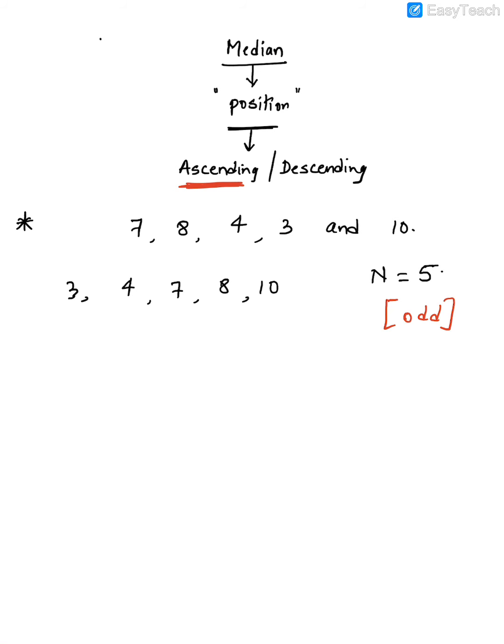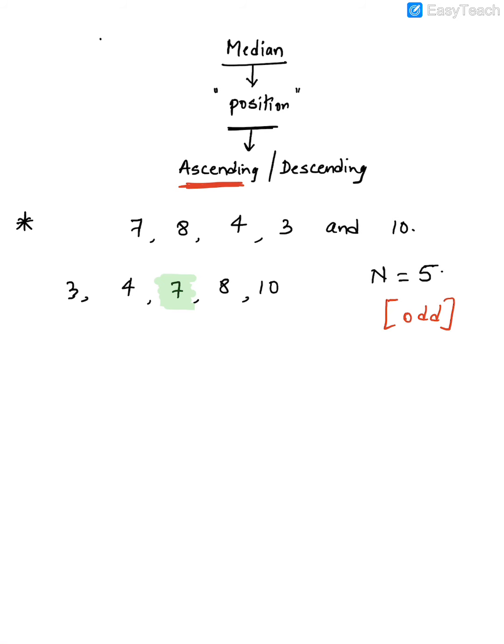As I told you, we decide median according to the position. If you look at the numbers, 7 is the median here. How do you come to know? Cancel out the first and the last, then the other two in between, and what are we left with? 7. So 7 is the median. This is how we can find it mentally, just by looking at the numbers in order. But for the exams, you'll have to show the working.